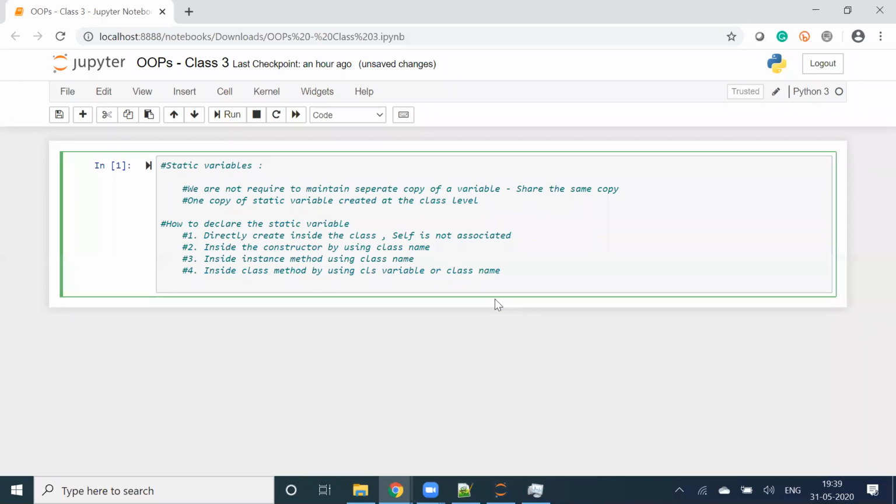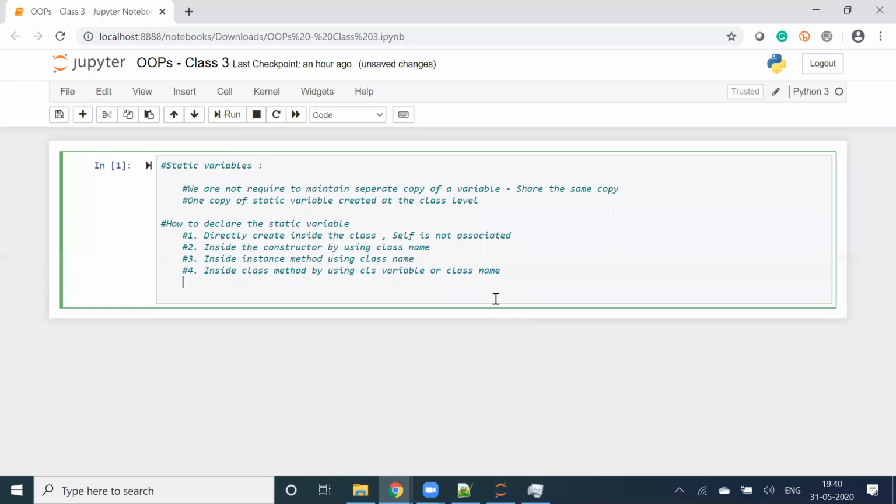Now, what is the cls variable? We'll discuss that once I start showing you the practical example. But from here, I can create the static variable in a class method by using the cls variable or class name.